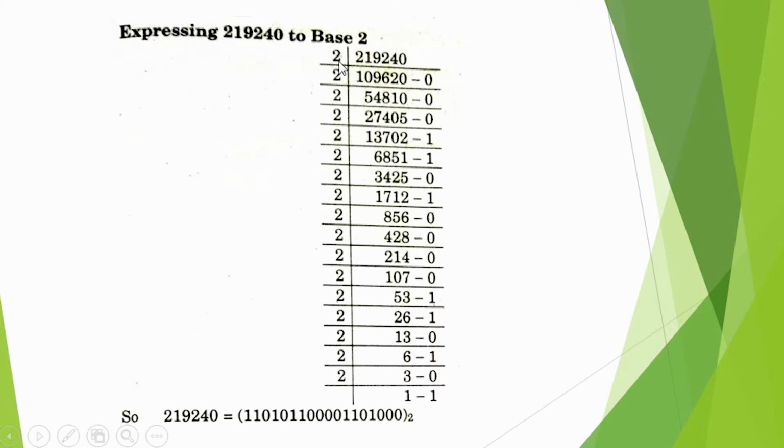Now we convert this decimal number into base 2. 2 ones are 2. 1 is less than 2, 19, 0, 2 9s are 18, 2 6s are 12, 2 2s are 4, 0 comes as it is, and 0 carry. 2 5s are 10, 2 4s are 8, 2 8s are 16, 2 1s are 2, and 0 carry.